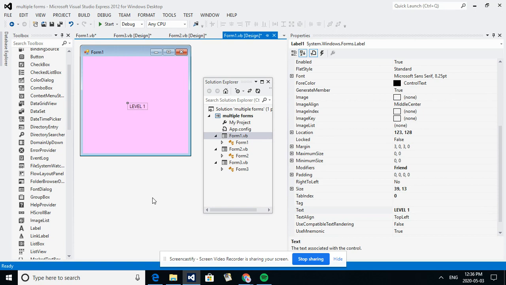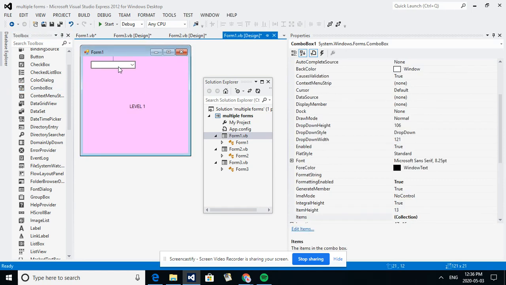Okay. So we have 3 forms, each is a different color. We have level 1 on one, level 2, level 3. What I'd like to do to start is put a combo box on form 1. So a combo box is like our drop down menu. And inside this combo box, if we go to our properties, to the items we want to add, if we go to the items property,